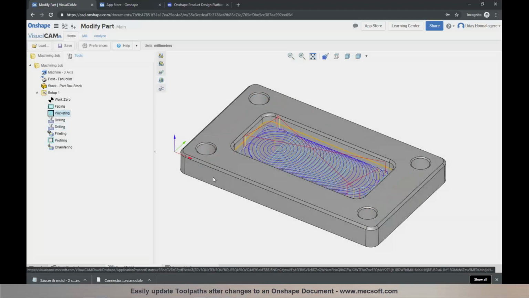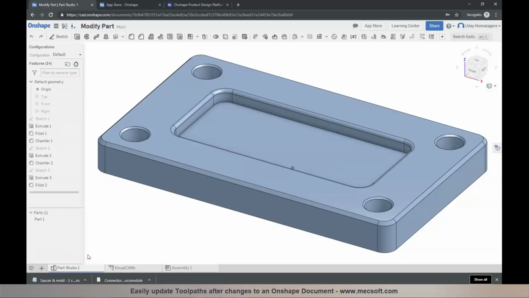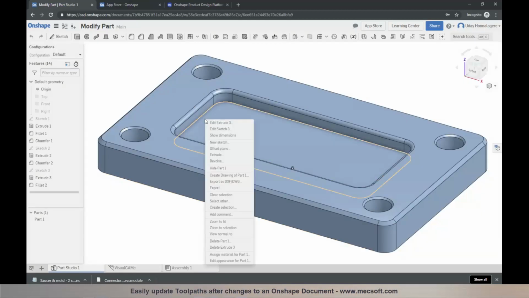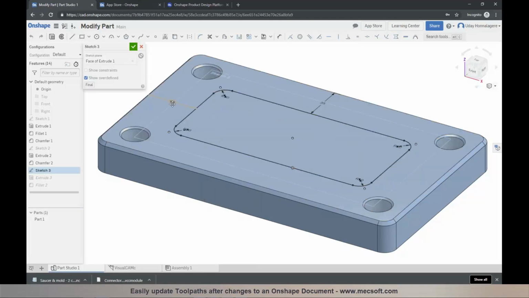So let's say there's a need for a design change, and I'm going to go back to the Part Studio in Onshape, and I want to make a change. So I'm going to right click, and I'm going to change the sketch dimensions in here, and I will modify the size of the pocket. I'm going to edit that,